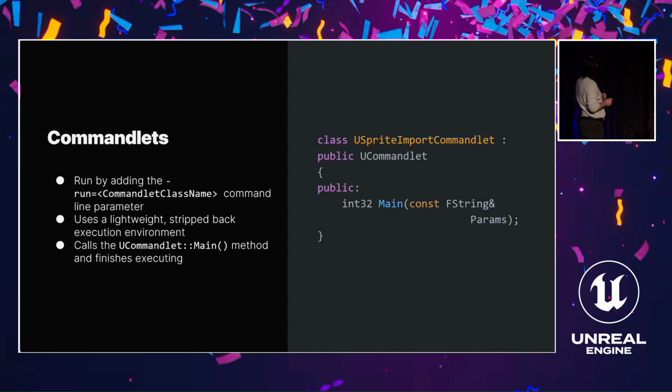Excellent. Cool. Commandlets. So I mentioned they're kind of like little applications that you can get Unreal to run. You can do that by adding this run parameter to the command line. The commandlet class name is the name of the class that you make. I think it also does some extra processing. So on this one, technically, if I did run Sprite import, it will be like, this is meant to be a commandlet. So I'm going to look for Sprite import, and if I don't find it, I'm going to look for Sprite import with commandlet on the end,